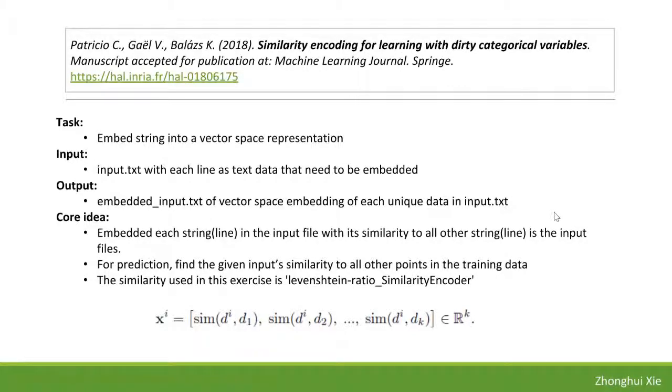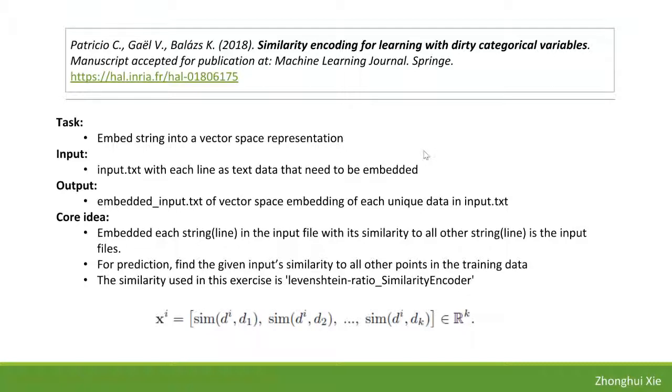In this video, I'll be presenting my refactorization of a text embedding method called the Similarity Encoding. This model is an implementation of the paper Similarity Encoding for Learning with Dirty Categorical Variables. It addressed the problem of dirty text data by embedding strings into a vector space representation such that similar strings will be embedded closely together. The input of the model is a text file, with each line representing a string that needs to be embedded. The output of the model is the embedded numerical vector space representation of each line in